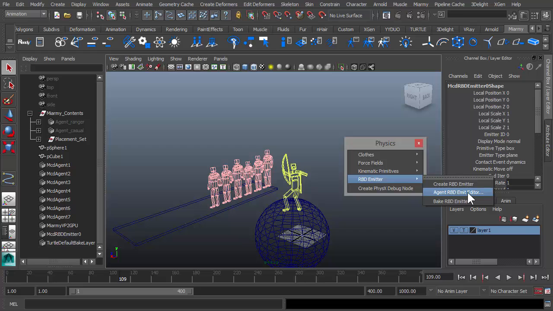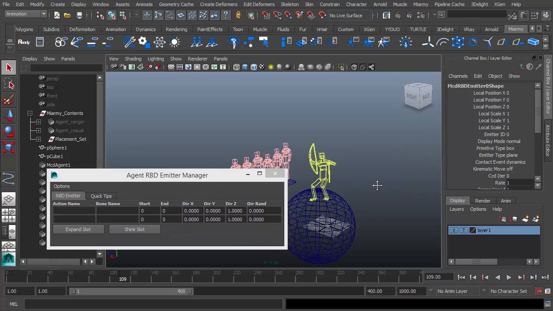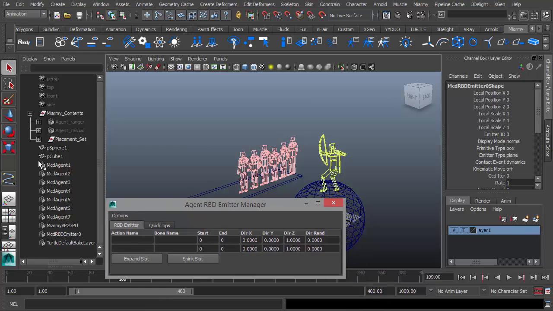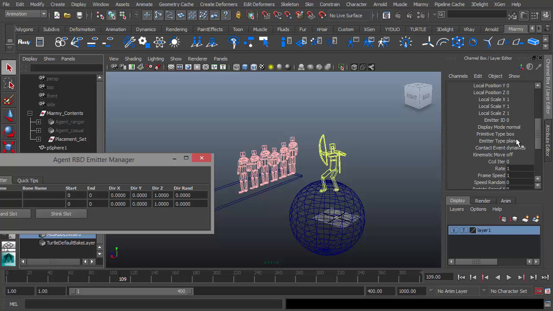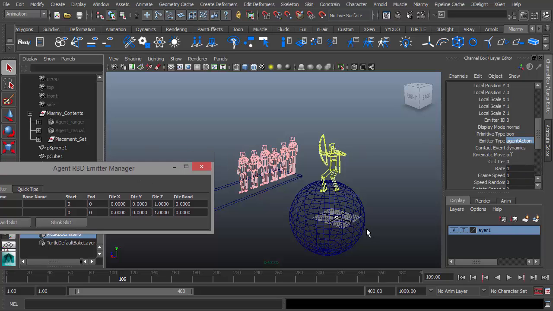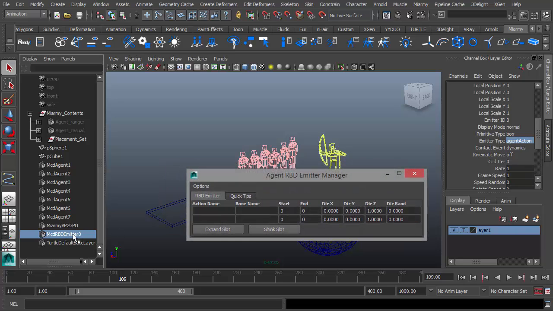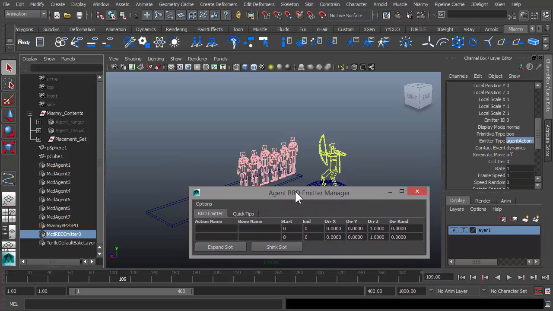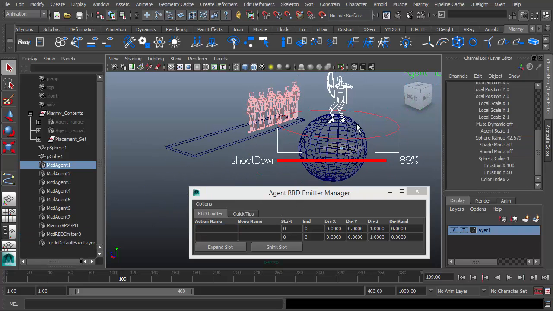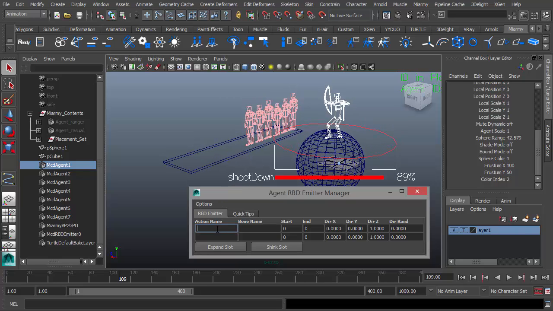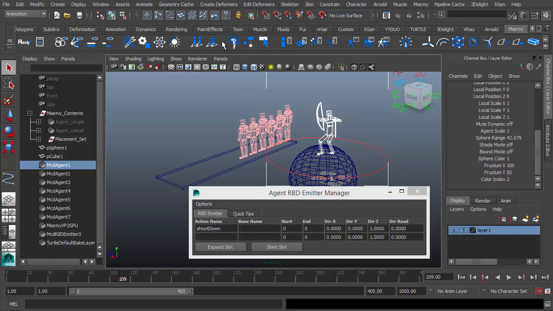open the agent RBD emitter editor, and let's just select the RBD emitter and change the mode of the emitter type to agent action. And then let's just keep selecting this and fill the content for the shooting condition. So the action name of the agent is the shoot done, and the bone name should be